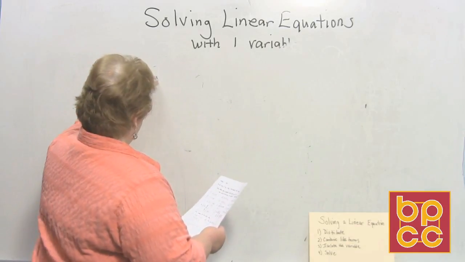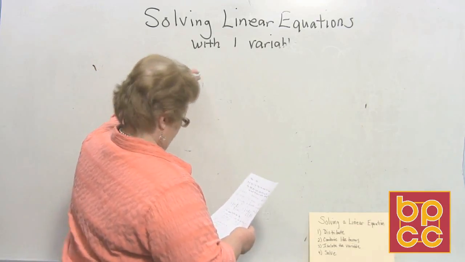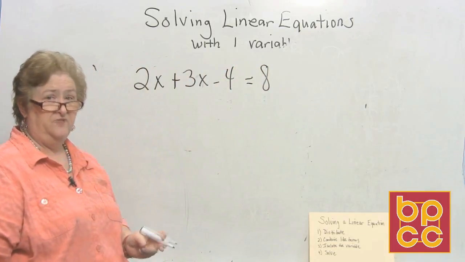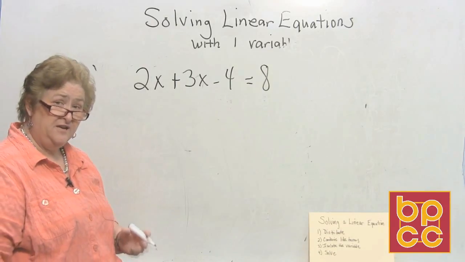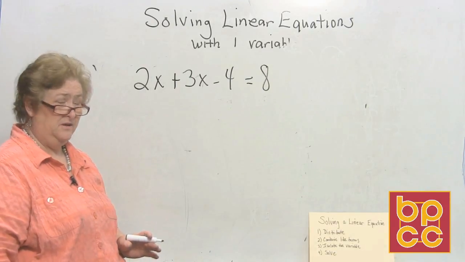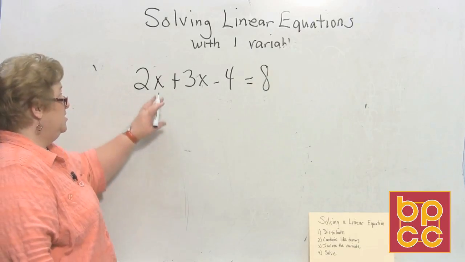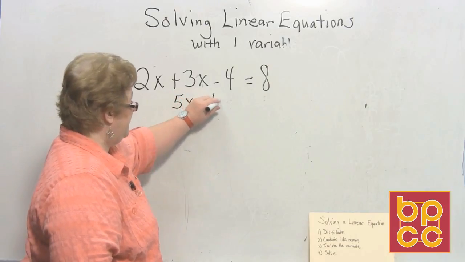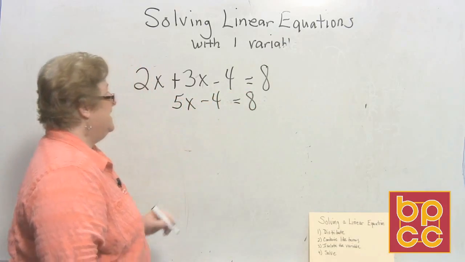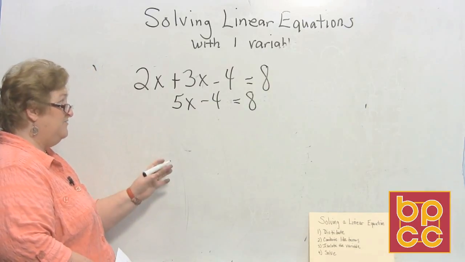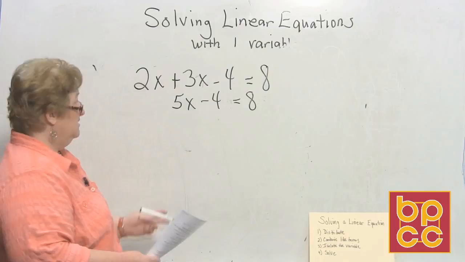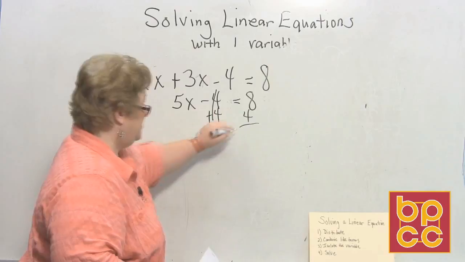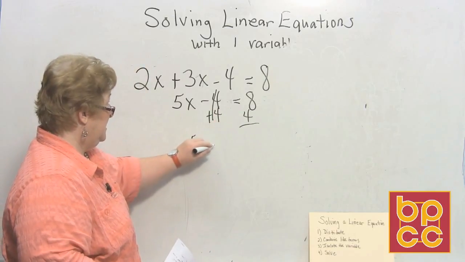I'm going to go 2x plus 3x minus 4 equal 8. Now, I know that I want to move the negative 4 to the other side. I do. But until I combine my like terms, we don't need to be doing that. Let's go ahead and combine and rewrite the problem. We have a 2x and a 3x for 5x. So I'm going to write 5x minus 4 equal 8. Now that I've got my terms combined, I can in fact move the 4 to the other side. So I'm going to do a plus 4 to clear and a plus 4 over here. I now have 5x is equal to